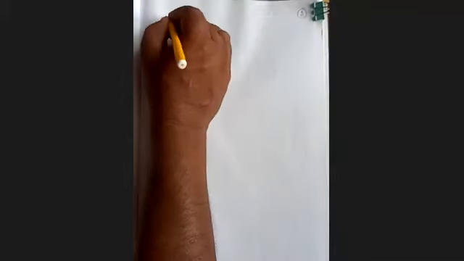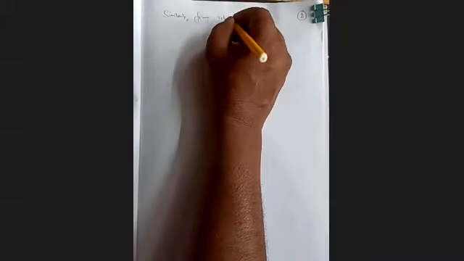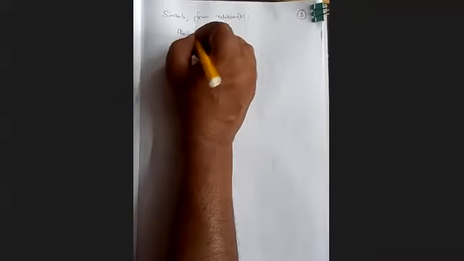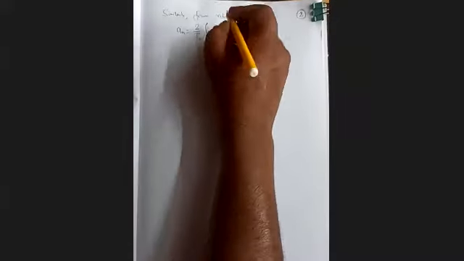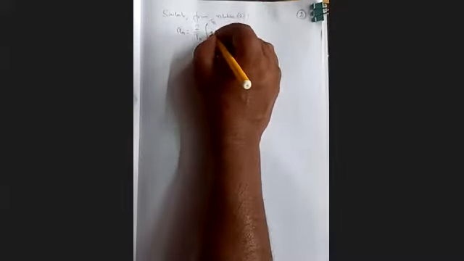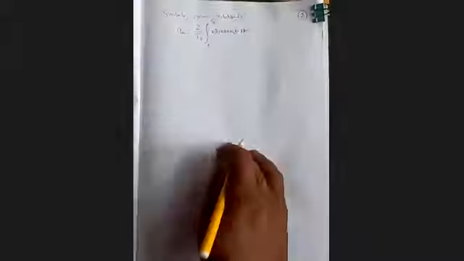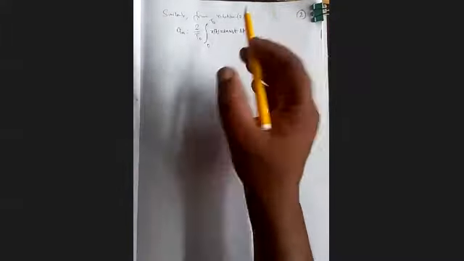So similarly, from relation 2, we can find out an. An is what? It is 2 by T0 times the integral of x(t) cos(n omega 0 t) dt. It is the Fourier coefficient that you already got in our last class, or in the last semester class also. So it is the area under this composite function. x(t) into cosine is the total composite function. It is the area under that function. Clear?